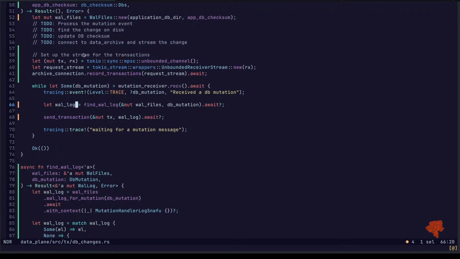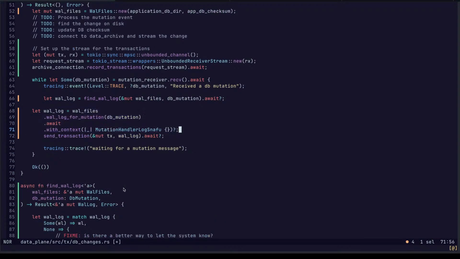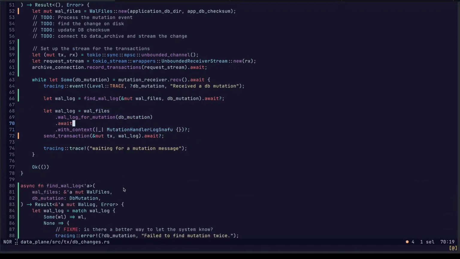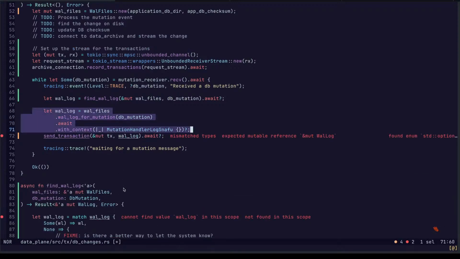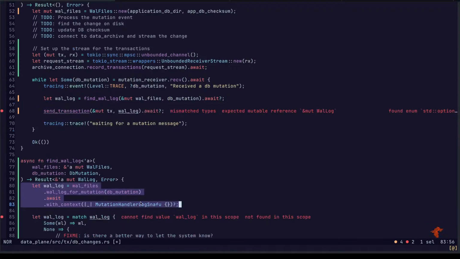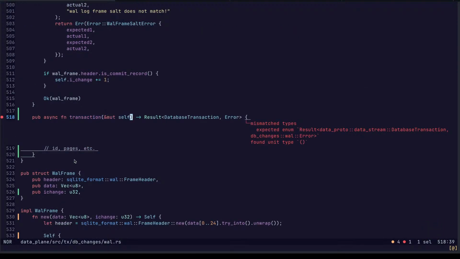We need some sort of identifier. Find wall log. No, that stays. Skipped a function. I wanted this. Basically, we want to be able to provide the transaction that we're expecting.